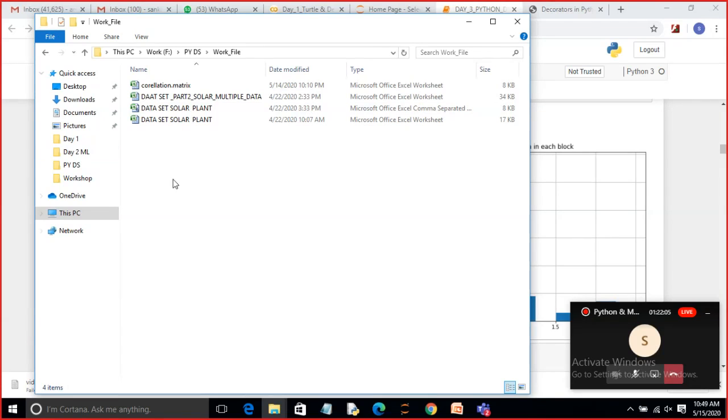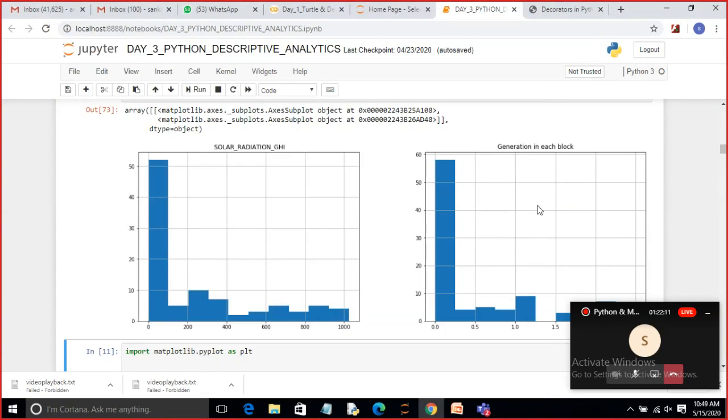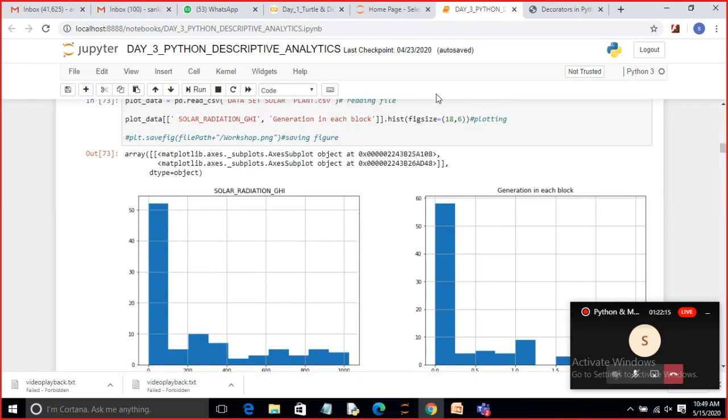So I have to save the generated graph here. So I use a screenshot. Plot dot figure, this figure, savefig, with the file path where I want to save it. The file path I have already given.